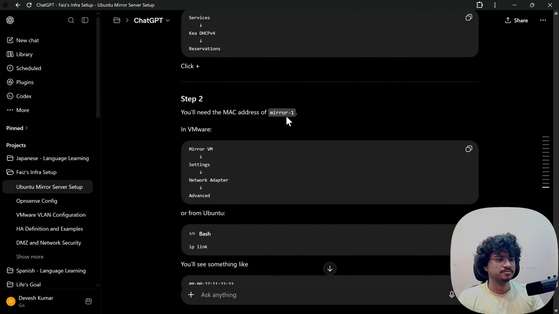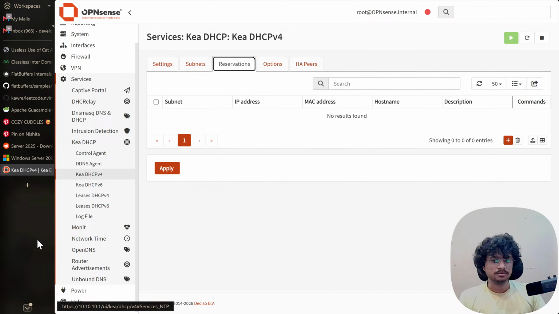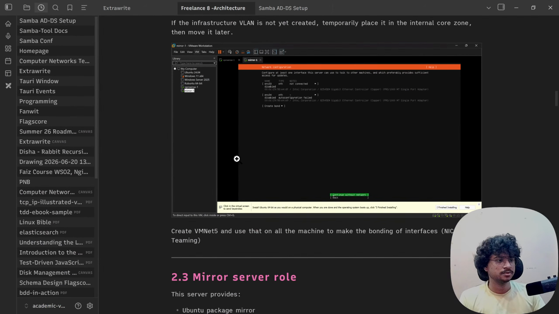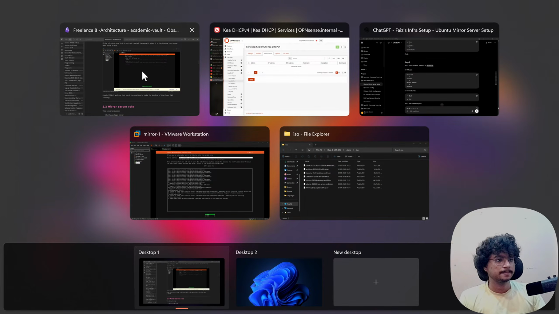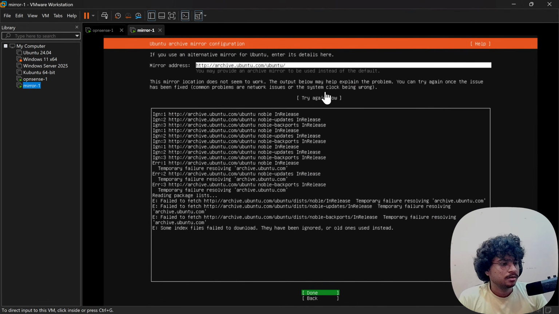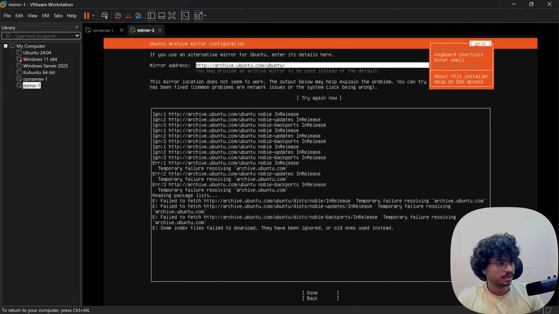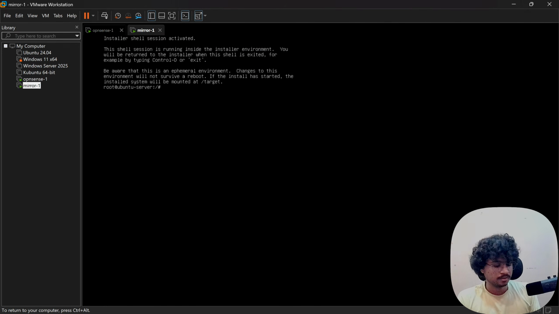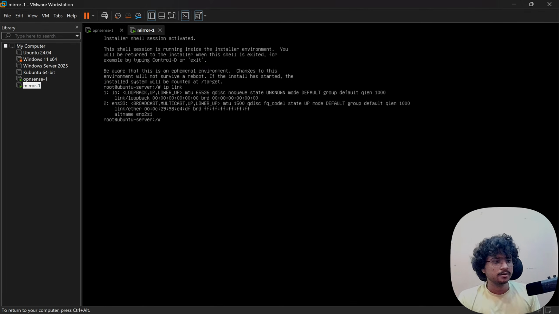You will need the MAC address of mirror 1, from the mirror VM settings, network adapter. Actually, you know what? Help, enter shell, ip link.